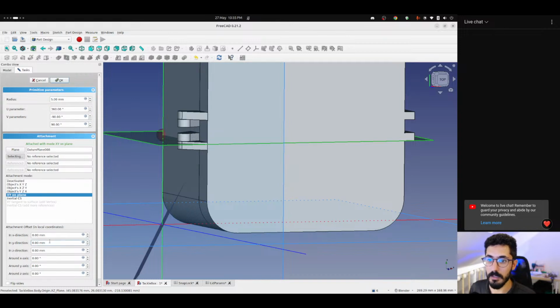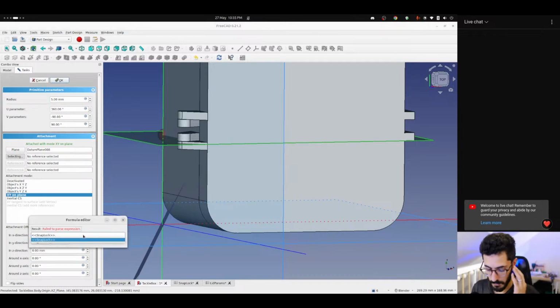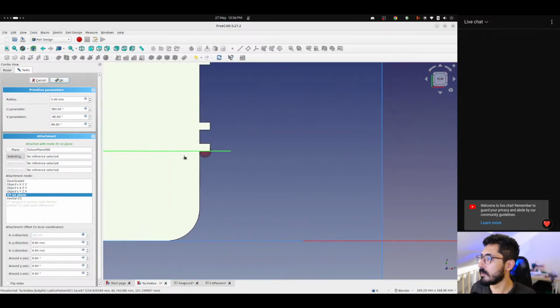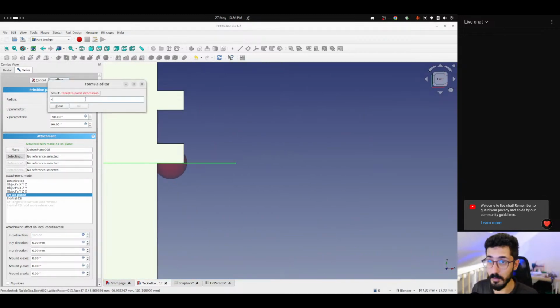So in the X direction, it's going to be the total width, not the snap block, it's the tackle block. The total width plus the snap block dot total thickness divided by 2, and the radius is